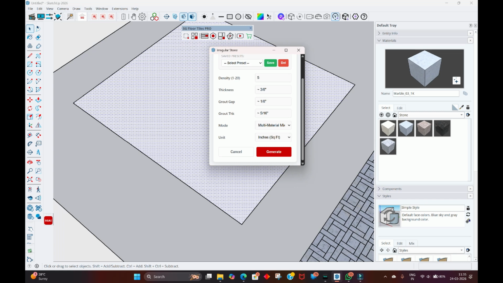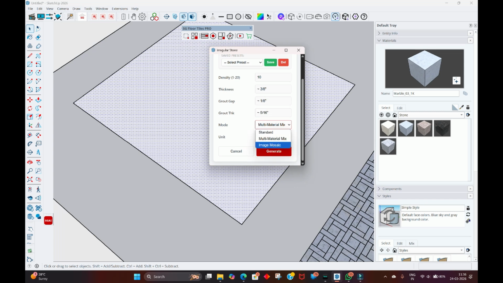So one means more density, and a greater number like 20 will be a smaller density. It means that stone tiles will be very few. So here I'm selecting 10, and you have to decide the thickness, grout gap, grout thickness, and material